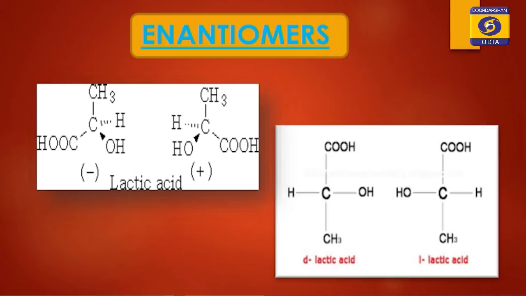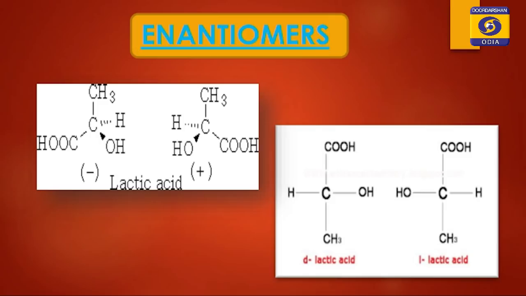This molecule is lactic acid, which is present in curd. This is the molecule, this chemical that is present in curd. Let us look at it. The carbon atom here is attached to 4 different groups. The shaded or dashed hydrogen atom means it is below the plane, and this COOH group is above the plane. This is levorotatory, which rotates the plane polarized light towards the left, and this is dextrorotatory, which rotates the plane polarized light towards the right.